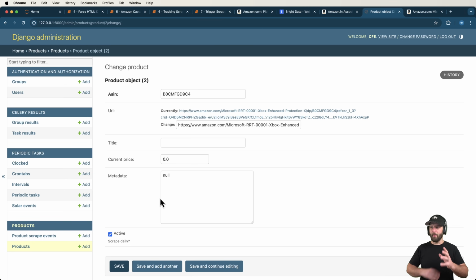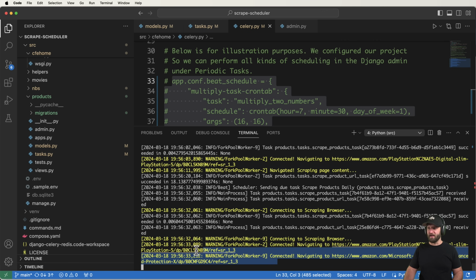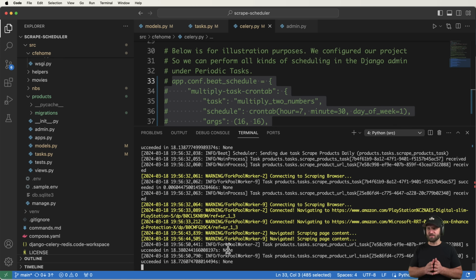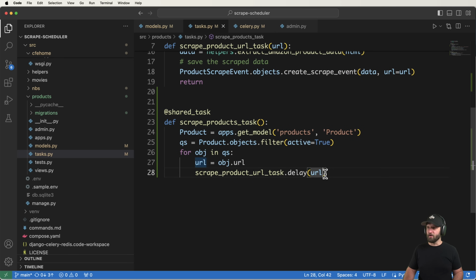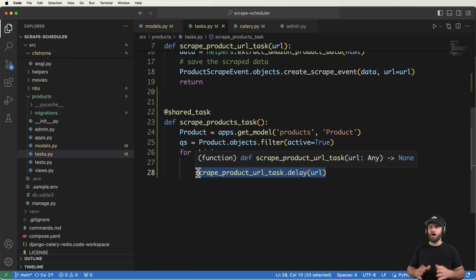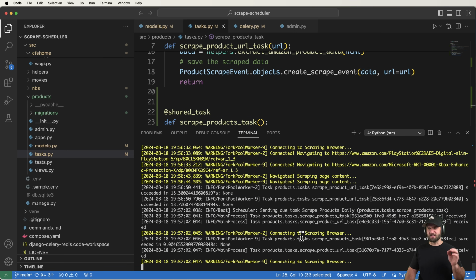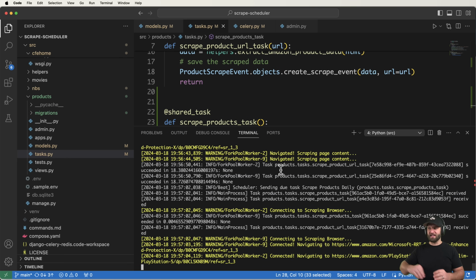So I'm going to leave this for just a moment to verify that the whole process is working correctly. One of the other ways I can verify this is by going into the worker itself. I can see that, hey, what do you know? It's actually navigating to that product as well as the other one. So this is a really nice thing about the worker process too: since we are delaying the tasks right here, that means it's going to go on another worker process as well. So if we had a bunch of Celery instances running,